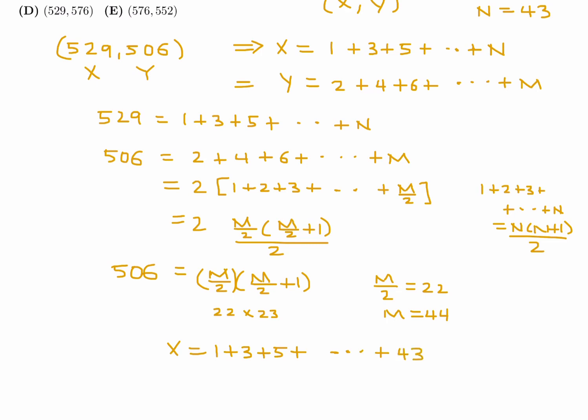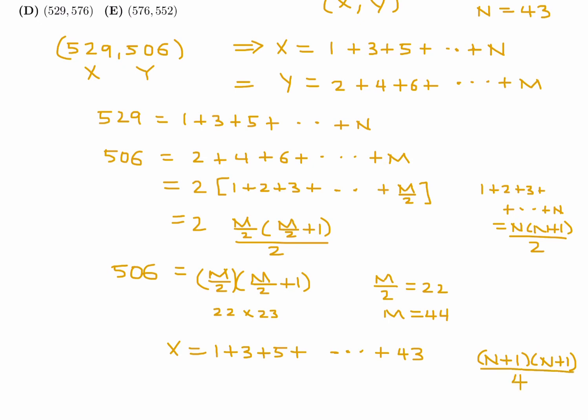Again, I would like to show you a formula. You can do this in a calculator without a formula. Formulas are not necessary, by the way. I'm not saying you need to, but it just makes it faster and also helps you learn a little bit more. The formula for this now, these are not consecutive numbers. These are consecutive odd numbers. That is not going to be this formula. It's going to be something else. And that formula is a little lesser known. This one is very well known. But the consecutive odd numbers, that one is a little lesser known. That one is n plus 1 times n plus 1